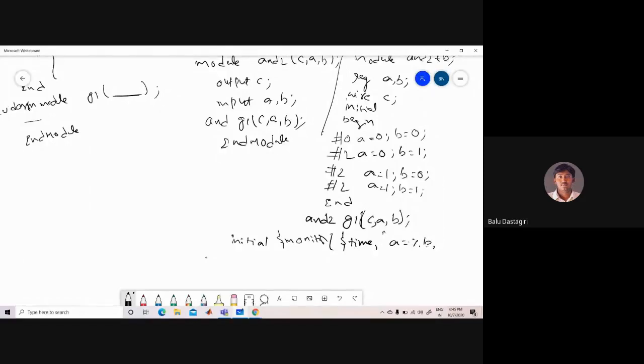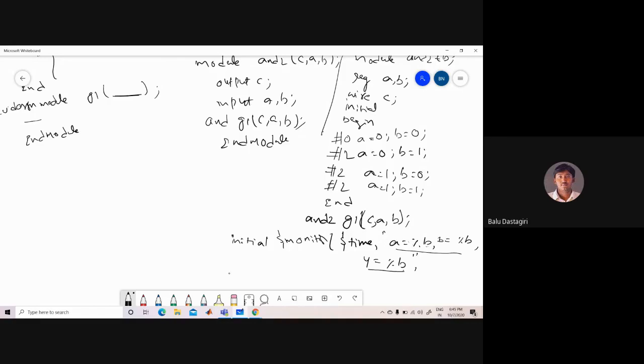Since the value of a is binary, I want to plot that, so it is a is equal to %b. Similarly, b is equal to %b, comma, output next, y. y is equal to %b. So these values will be plotted. Whatever we give in the double inverted commas, the same thing with the respective value will be plotted.